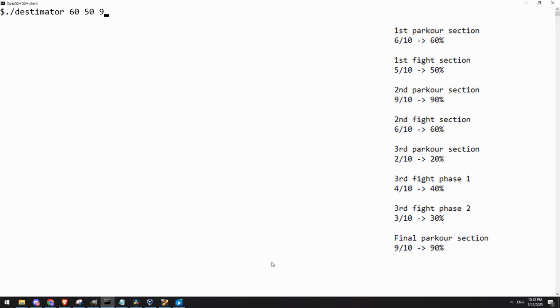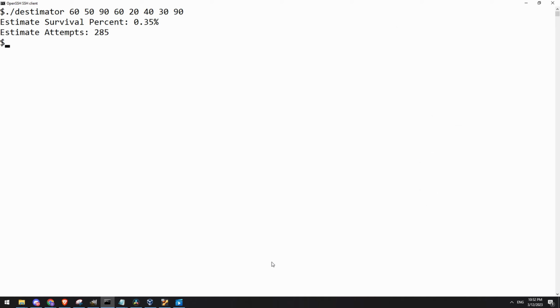Second parkour section I had 90% chance. Second fight 60% chance. Third parkour section 20%. Third fight phase 1 40%. Third fight phase 2 30%. And final parkour section 90%. And let's go. So it's giving me an average of 285 attempts and 0.35% survival rate, which is a lot